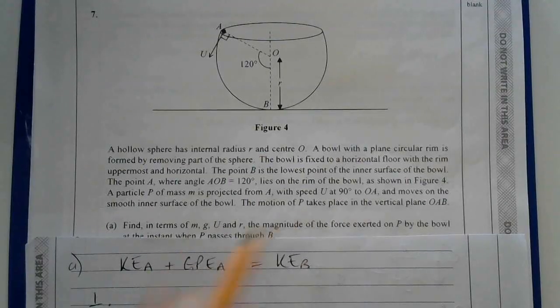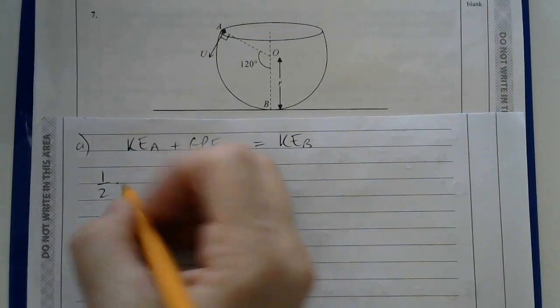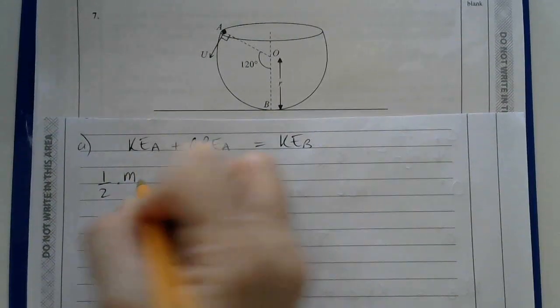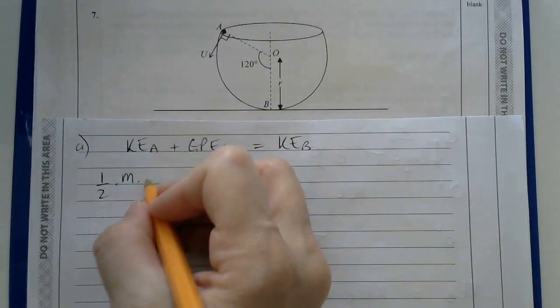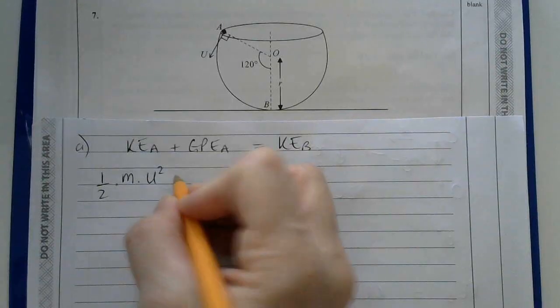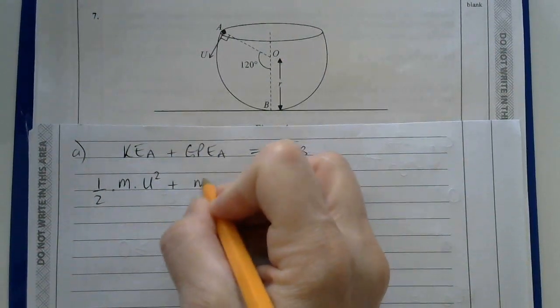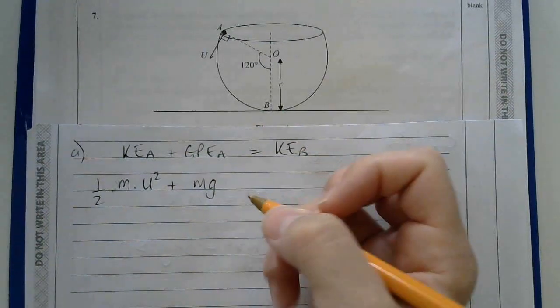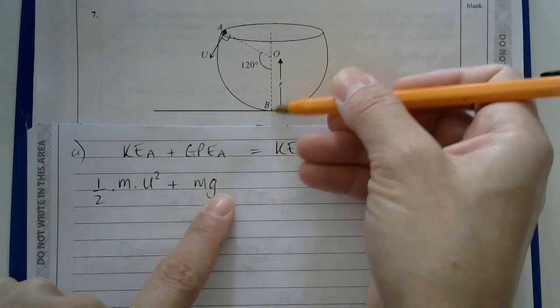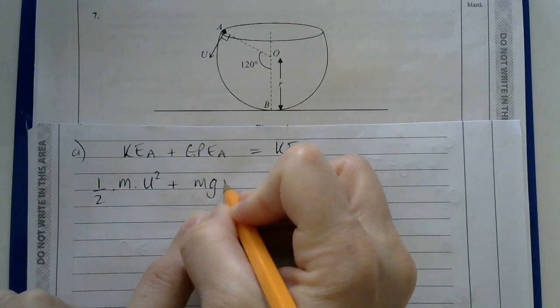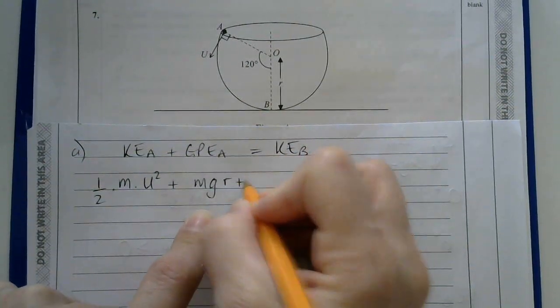Did they? Oh no, yes they did, here we are. The mass is m, so the mass goes there, multiplied by u squared, plus the mass times g times the height above B. So that will be r plus